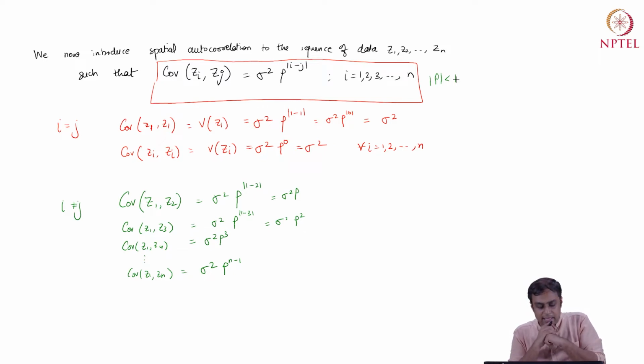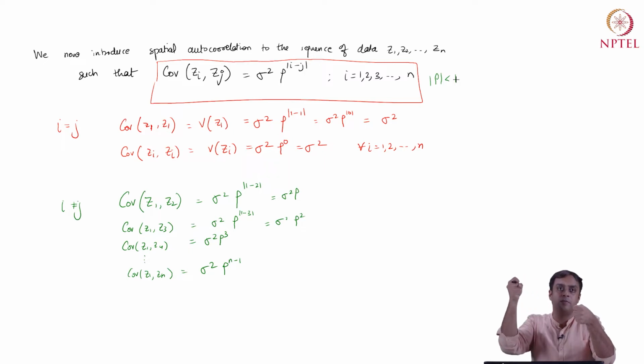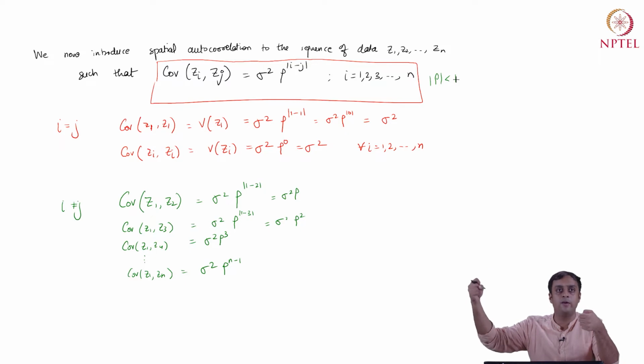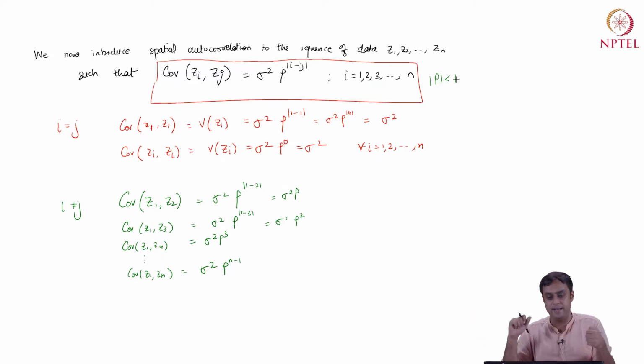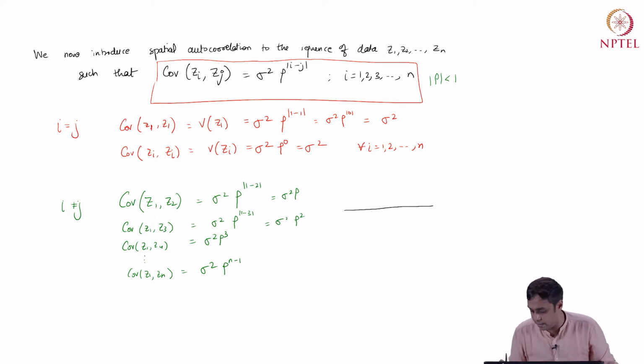And the idea is that, when I take any position in space, let's say position 1, Z1, when I move to Z2, there is some dependence between Z1 and Z2 given by a multiple of rho. As I move farther away from Z1, the dependence goes down at an exponential rate, by rho squared, rho cubed, and all the way to rho to the power n. Okay, so when I'm given this data set, let's say the data set can be ordered from Z1 to Zn.